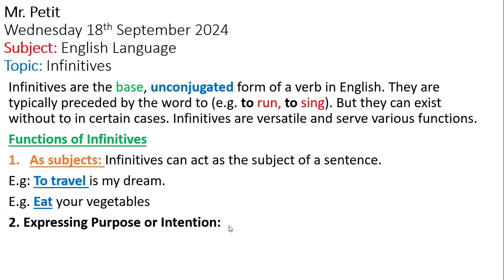To drive is my job. Write your homework. Very good. Come now. Sing with me. Someone say dancing is my hobby. You can't use dancing because if you use dancing, you already conjugated. We don't want to put the -ing on the end of it. We just want to leave it as the base. To dance is my passion. To cry. I wonder what grade I will get. I like that. Good. Y'all understand it. Next.